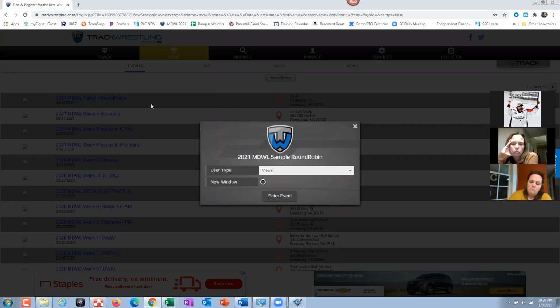Then move all the 7s and 8s to 8U, all the 9s and 10s to 10U, all the 11s and 12s to 12U, all the 13s and 14s to 14U. Actually, that's not a bad idea. And just go in and manually move them, just do it right off the bat, and then pair with them.